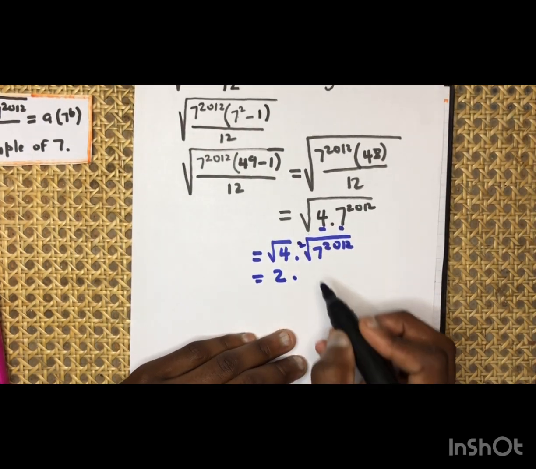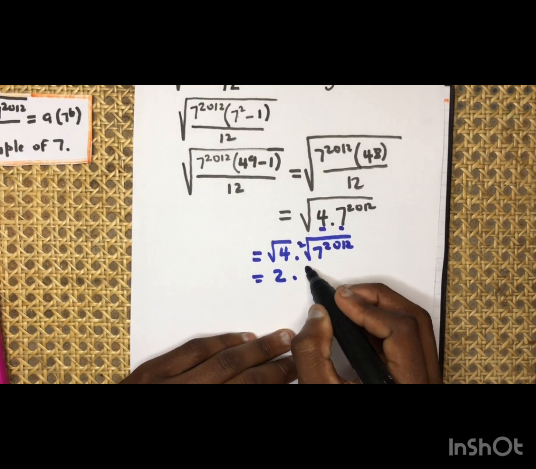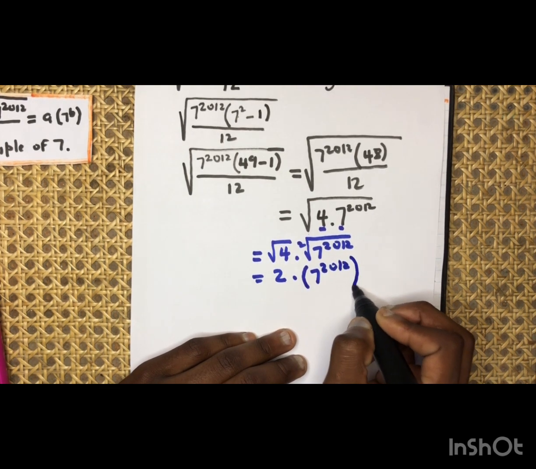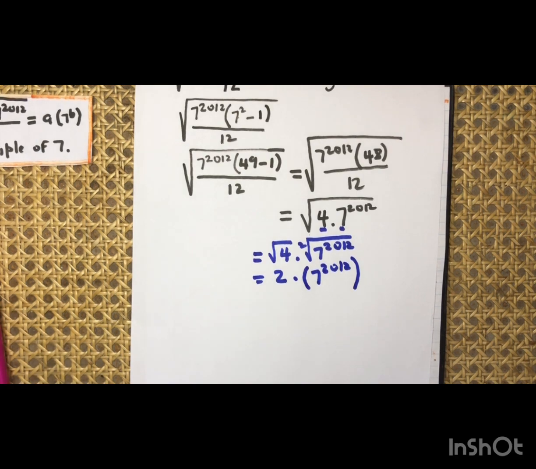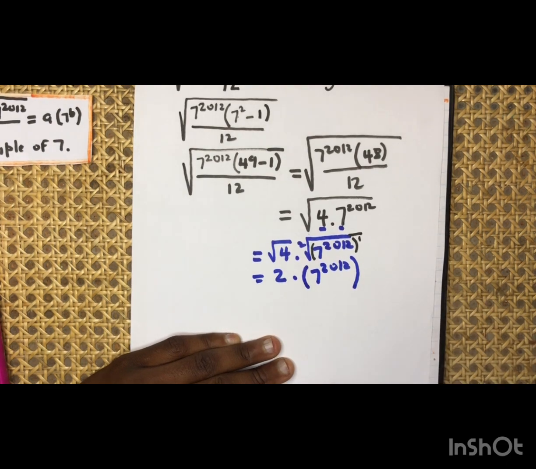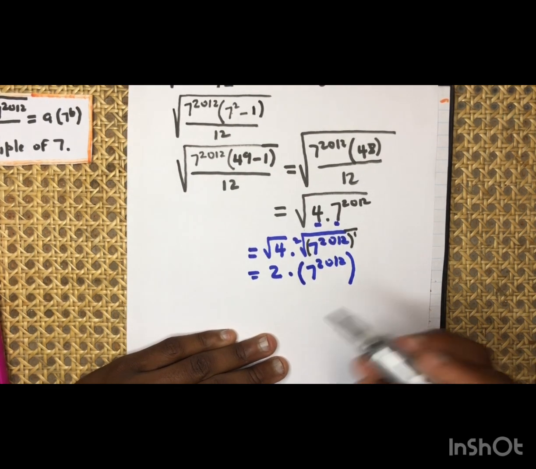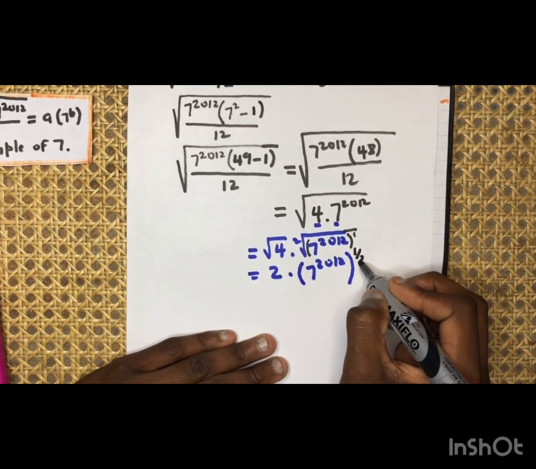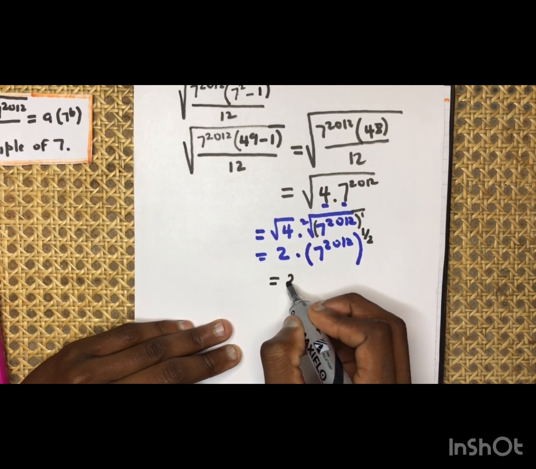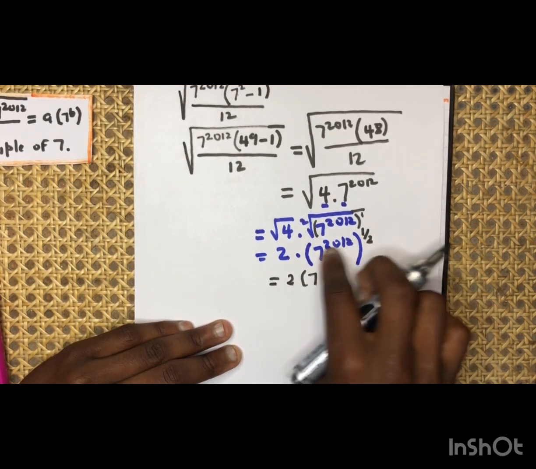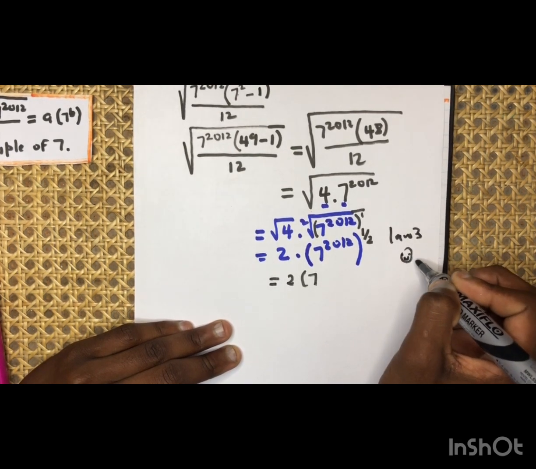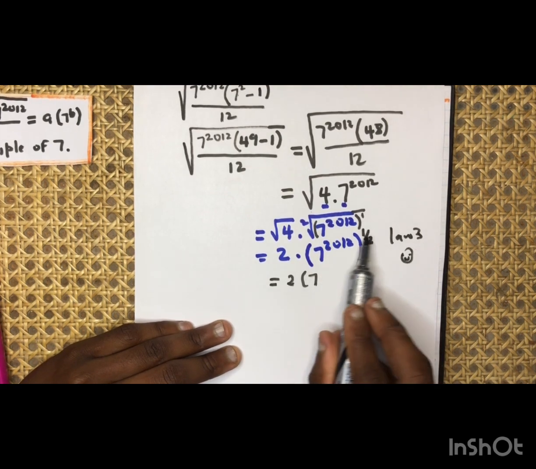So remember, what do we have here, guys? We have 2. So I have to break this one to be 7 to the power 2012. What do we have as your exponent here? Hope you are with me, guys. The power here was 1. So let's take Mandela out of the prison. So it's going to be 1 over 2 if we apply the root definition. So this is the same as 2 times 7, then this is law number 3. Now we are here to the answer. You are happy. So we are going to say 2012 times half. You get